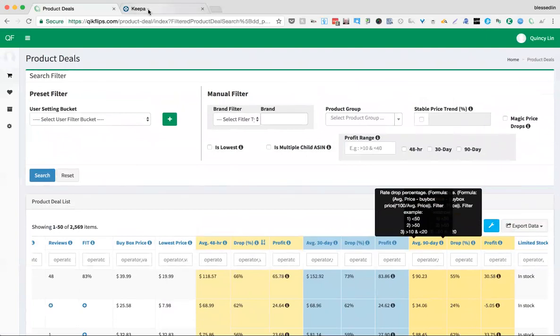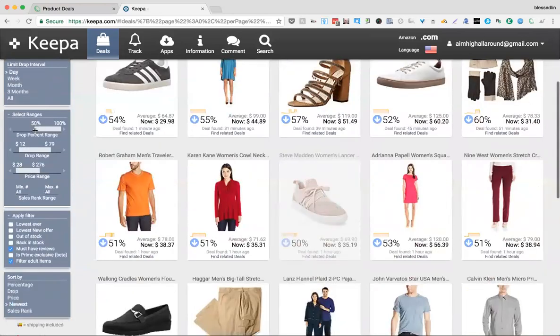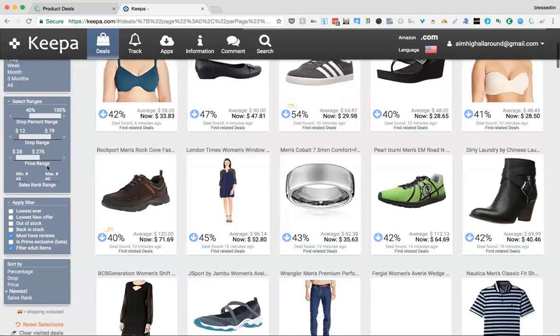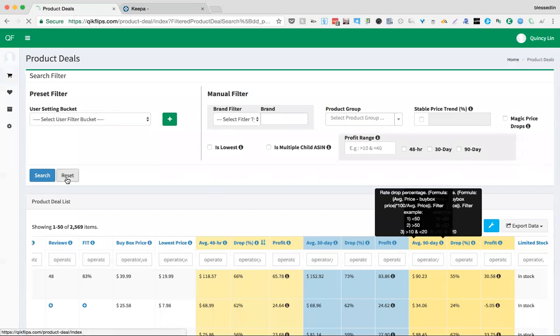And then for further filtering, we set the average price to at least 40%. Okay, and do that. And then we'll be able to only show items with a review and no adult items, and set everything to show up as newest first. So when you do a reset, okay,